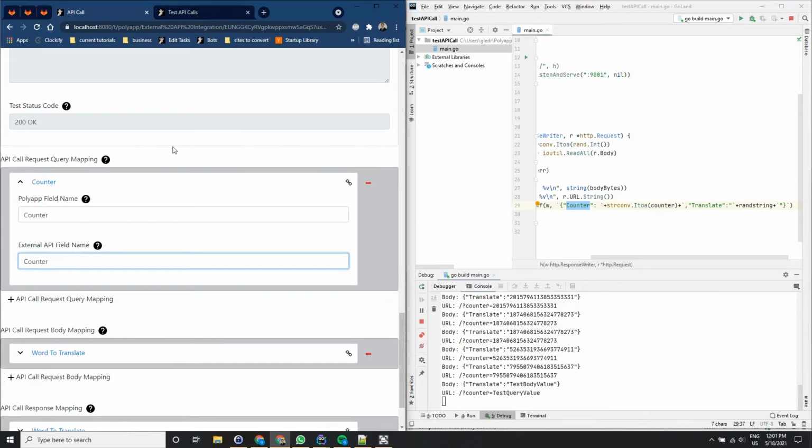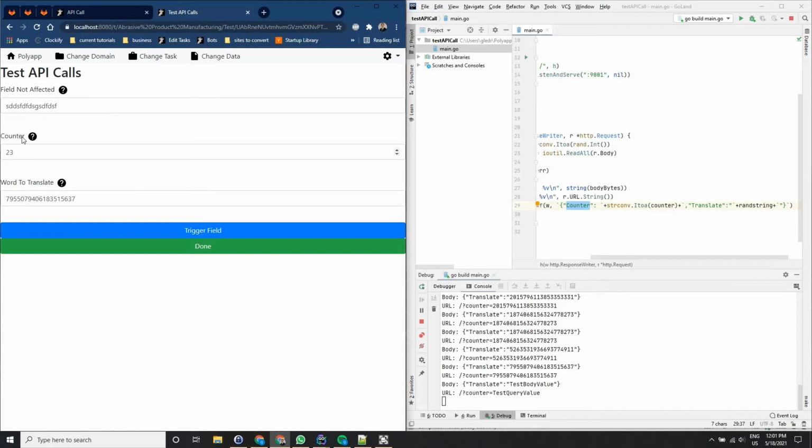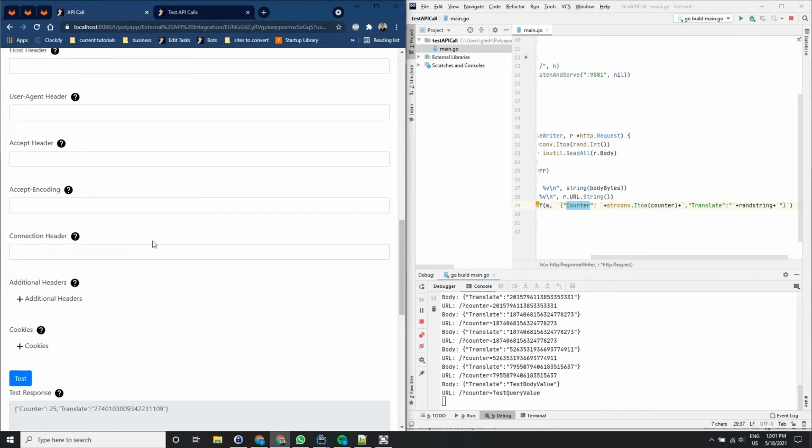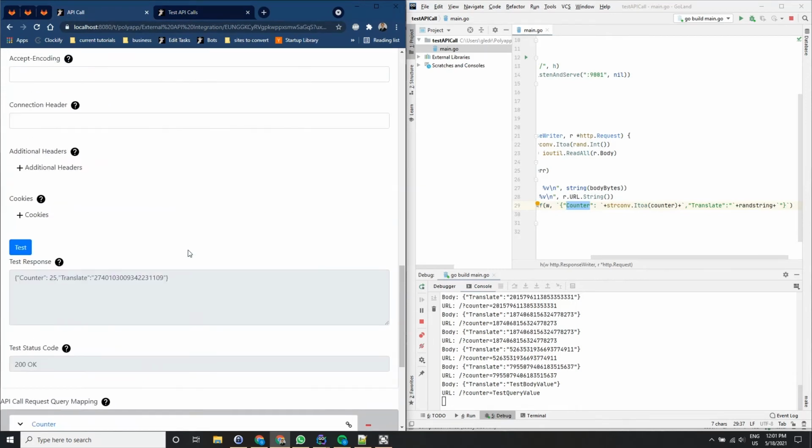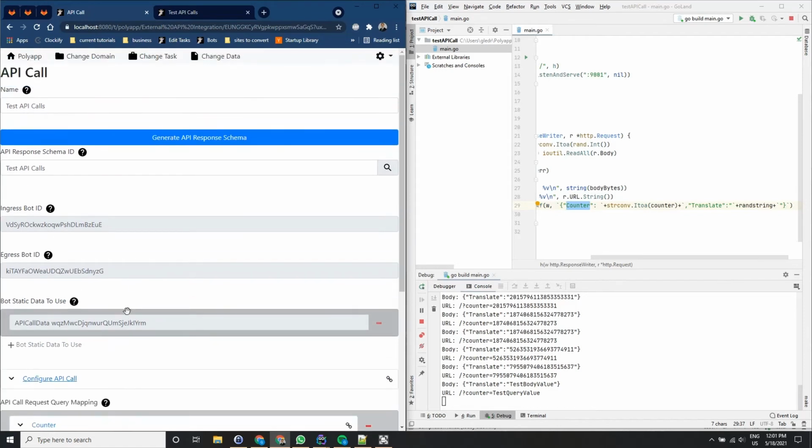This isn't necessary for the actual task, because in the actual task it'll pull this value, but for this test screen you do have to add this mapping from counter to itself. All right, so